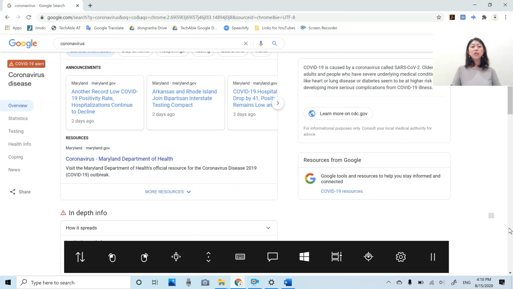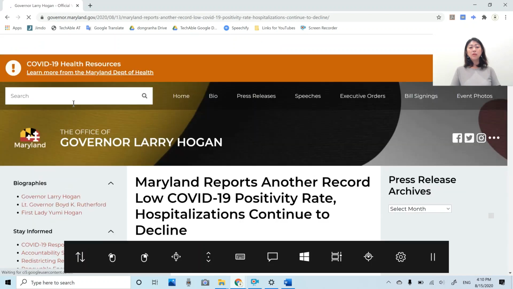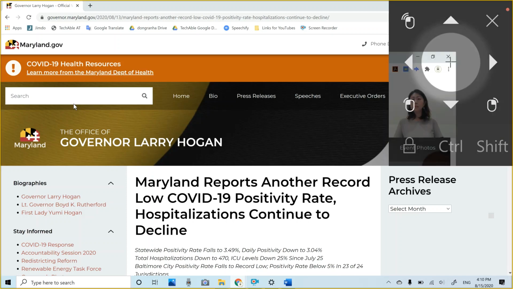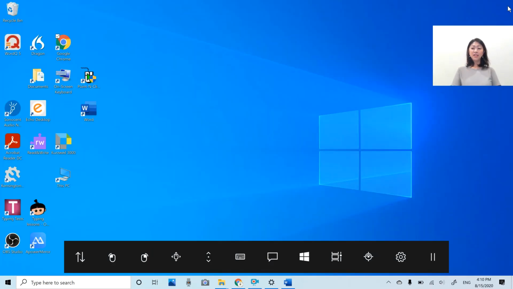And if I want to click anything on the screen, then I can just do the left click mouse button and then look at the link, and then it will click and activate the button. Okay, let me close this window. And that's how easy it is.